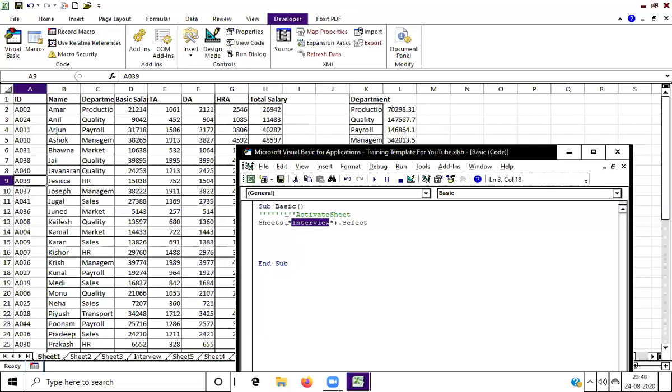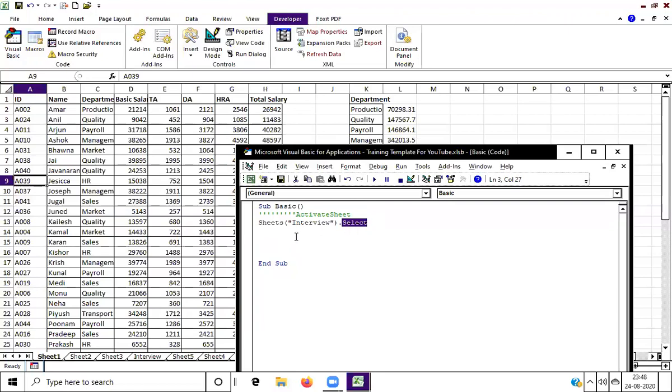This is the specific sheet name which you want to activate, so I have passed it as a parameter. This is the name of the object, and this is a parameter of the object. That's why I have written Interview here. Then dot, and Select is a property.